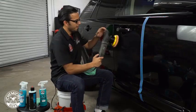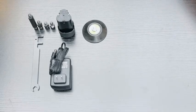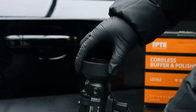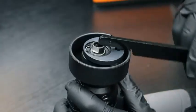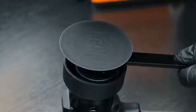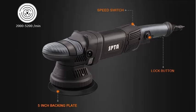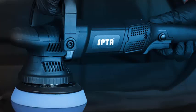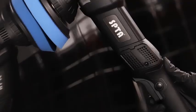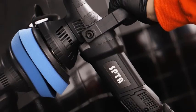Number 3. Buffer Polisher SPTA 5-inch 125mm Dual Action Random Orbital Car Polisher Ultimate Car Detailing Kit. Transform your car detailing experience with the SPTA 5-inch 125mm dual-action random orbital car polisher. Designed for both beginners and professionals, this versatile tool delivers a flawless finish while minimizing the risk of swirl marks or paint damage. Its dual-action random orbital motion ensures smooth, even polishing, making it perfect for removing scratches, oxidation, and